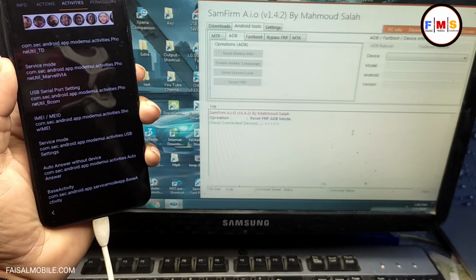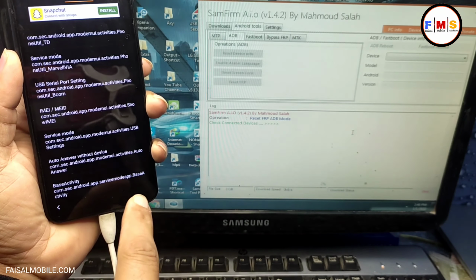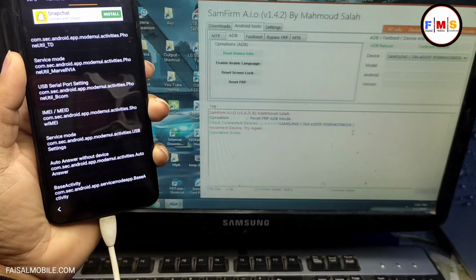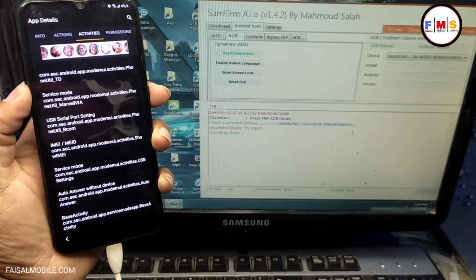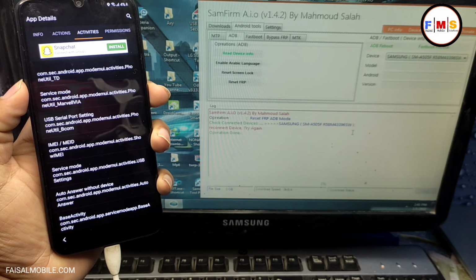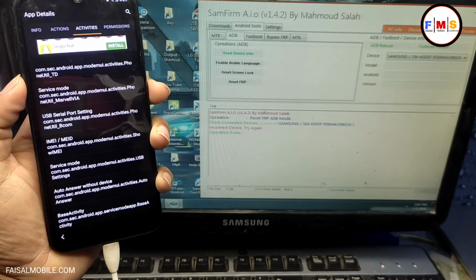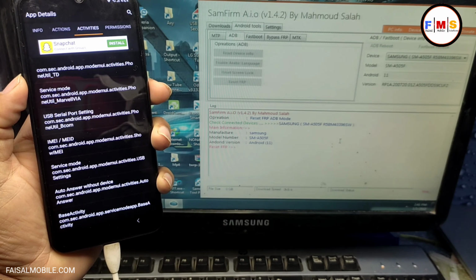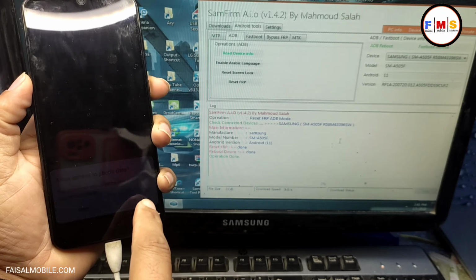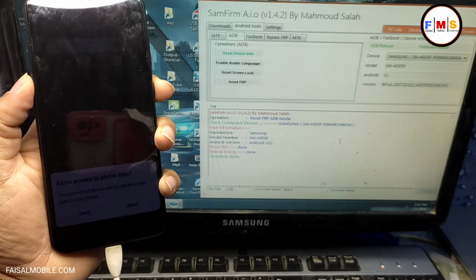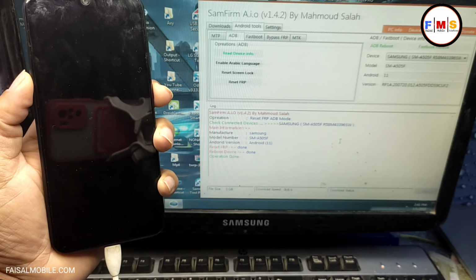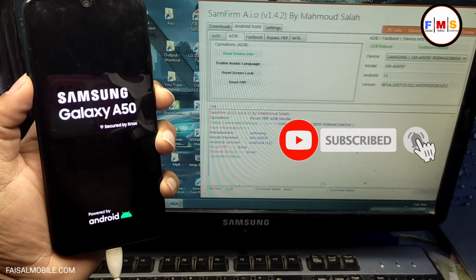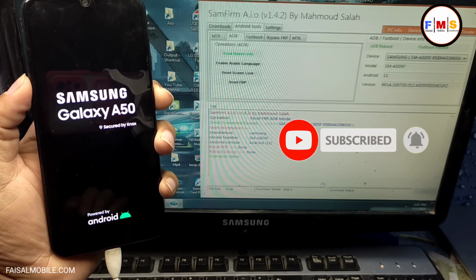Just click on it. Now it will ask for the permission, just allow. In mobile, again allow, click here, and as you can see, when it resets the FRP lock, the mobile will restart. Just wait a second. I just click on again, click on the allow button, and as you can see, it's just reset. Now our mobile is restarting and it will start up soon, so just wait for the startup.